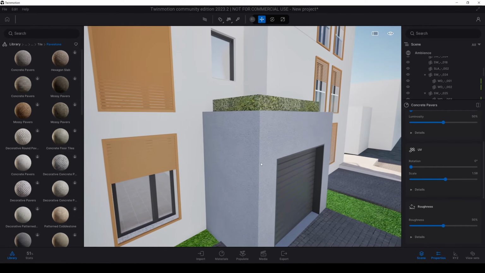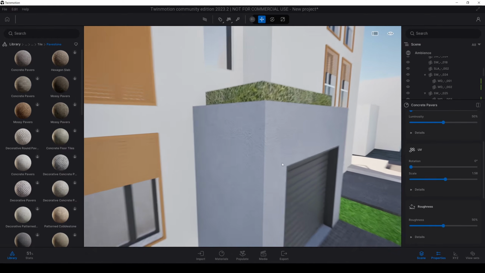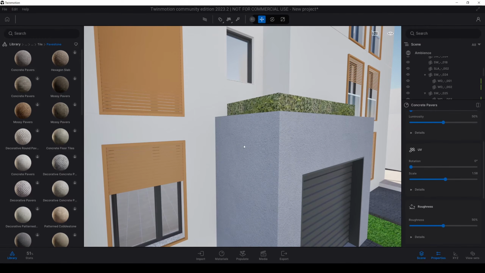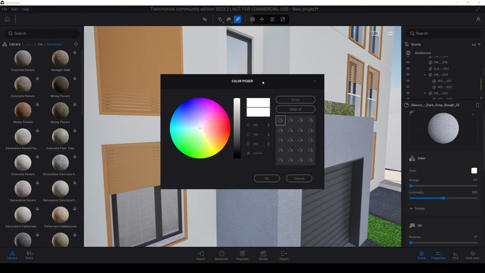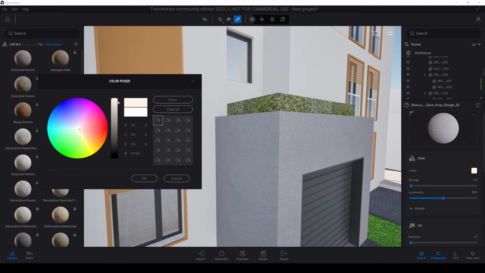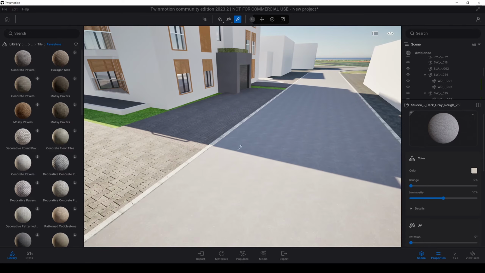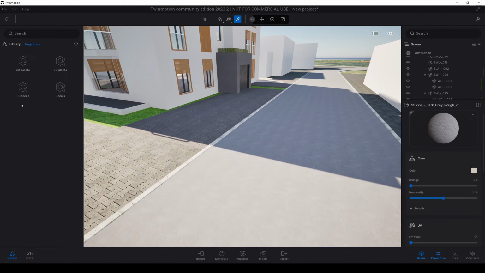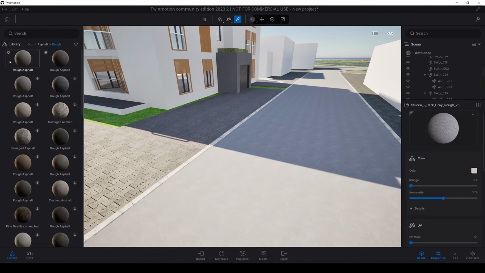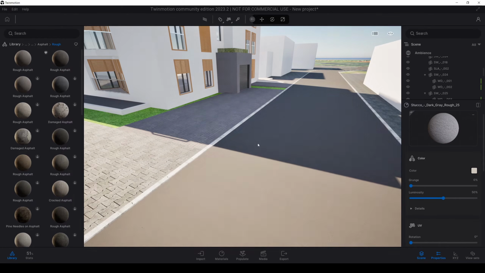Now after that I'm going to change this material too. Actually its texture is not too bad. We can use this. I only want to add some red and some yellow and change the brightness. Alright, this is very important. We are going to change the asphalt. Megascans, surface, asphalt, roof. Here we have two different roof asphalts. Let's try both.